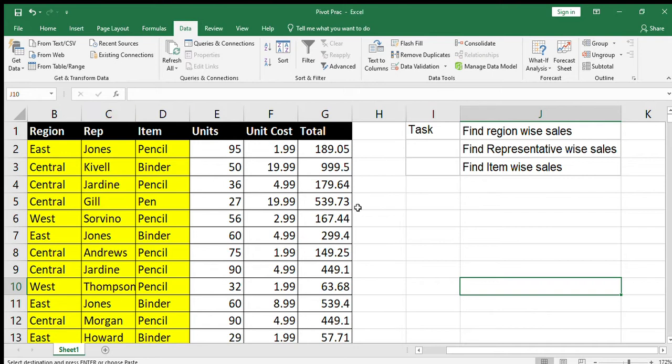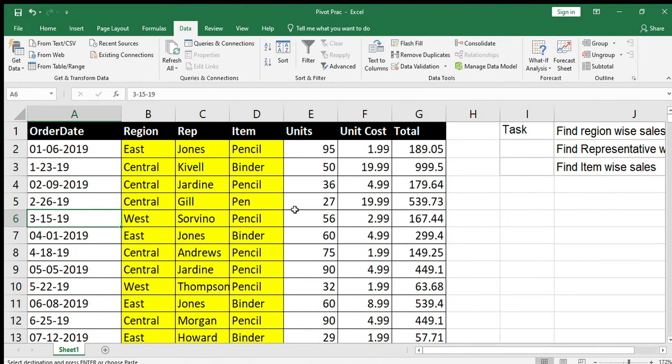Today we will be having a session on pivot table. I will explain how to use a pivot table in an Excel worksheet. Trust me guys, pivot table is a very useful tool for any kind of Excel work you do. It will help you bring down your calculation time to almost half. It is a very important tool to be used when you have a huge amount of data.